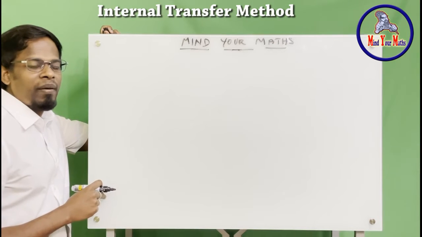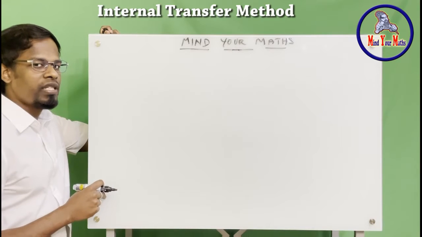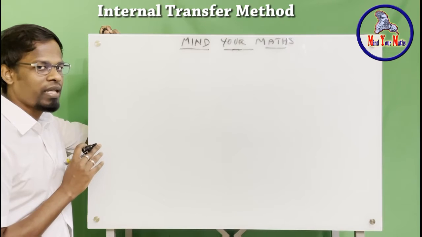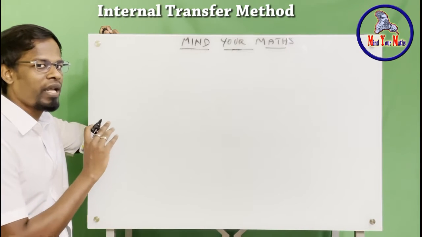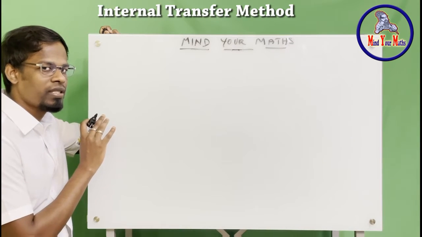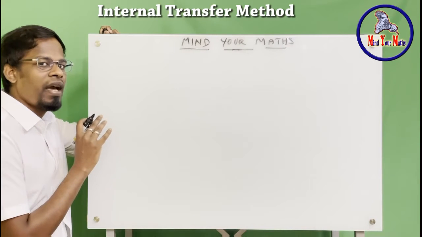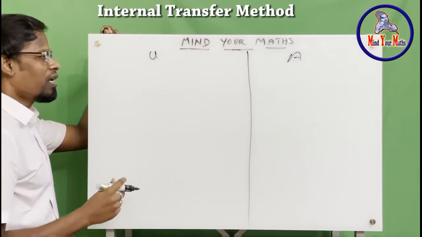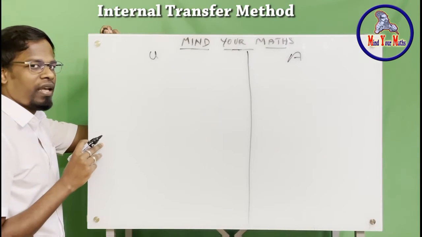So in this problem, I'm going to show you two methods. One is the units method, another one is the algebra method. I'm not going to show the model method here because I have shown the model method enough in the previous problem, which is the previous method, the external transfer. So you can apply the same procedure here as well. Let's understand what is given in the problem.